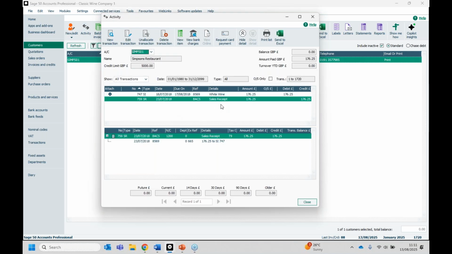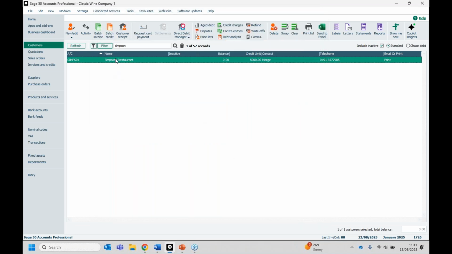you can actually see, although I've got a zero balance for that customer, I have got an old invoice and a receipt on there from 2018. So that's been paid, which is why it has no outstanding balance. But that won't let me delete that transaction. So if I try and delete this record,